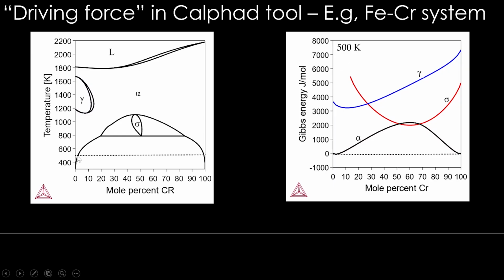What does it say? It's going to say there are these alpha 1, alpha 2, two phases in this region. So you can see alpha here, this side alpha, this side alpha. So two alpha phases will be there in this, meaning both are BCC with different chemical compositions. And that's what you see in the G versus X plot also. There are these three solid phases, gamma, alpha and sigma. The curves are drawn here. Gibbs energy versus composition plots are here. And you can see for the alpha phase, the lowest Gibbs energy occurs when this common tangent touches it at both the ends like this. Right.